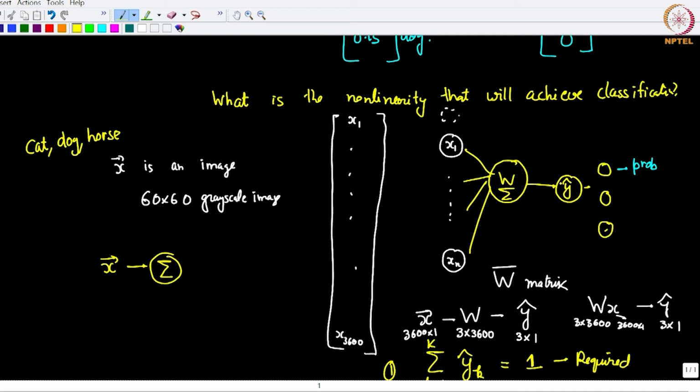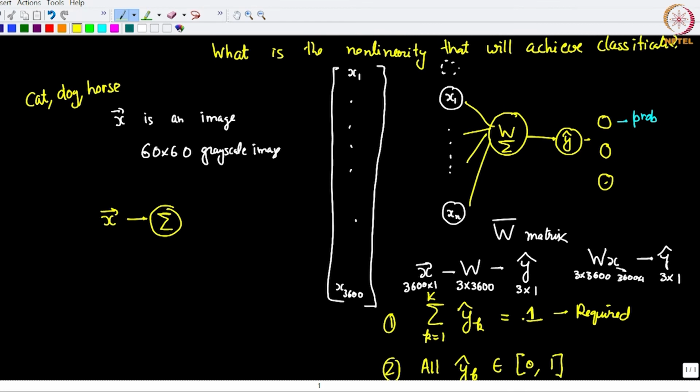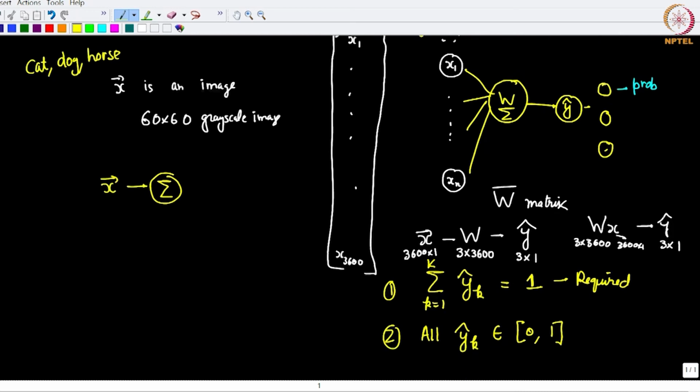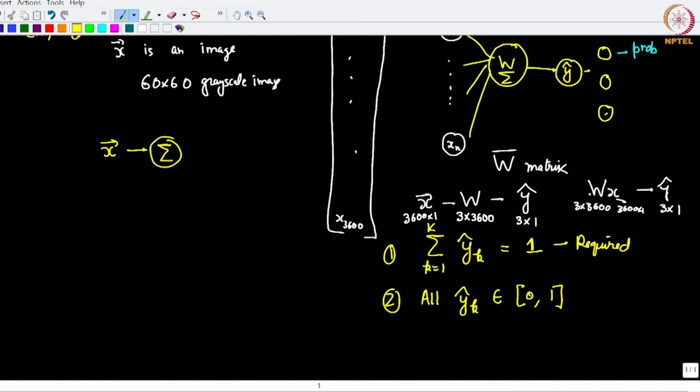Would this be sufficient? Obviously not, because if I take some general weight matrix and just pre multiply it by x, there is no guarantee that these two conditions will be satisfied. This is the same problem that we faced while doing logistic regression also, that is W x is of the right size, but when I simply apply a linear combination I am not sure that it is going to give me a number between 0 and 1, which is why we use a squeezing function just like we did in logistic regression.